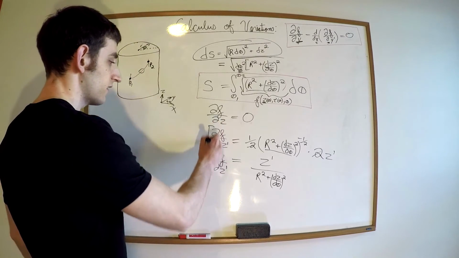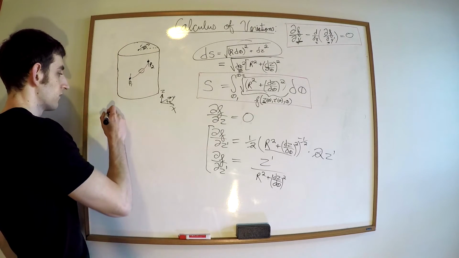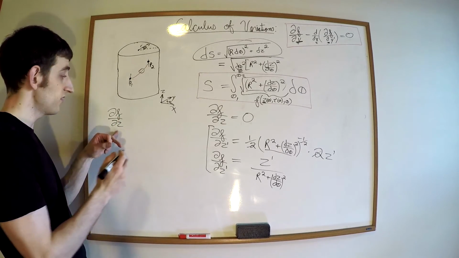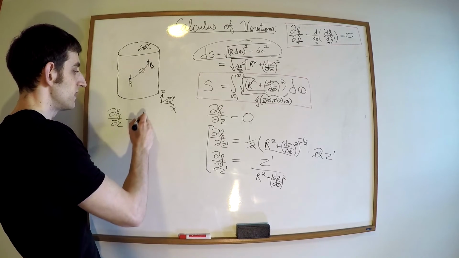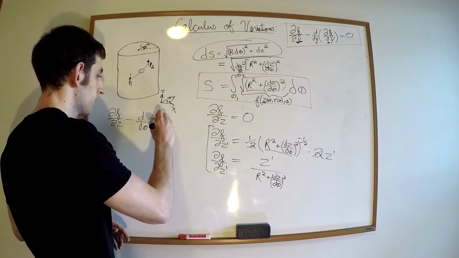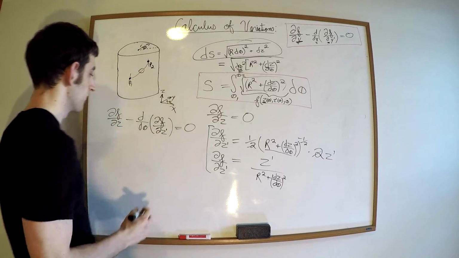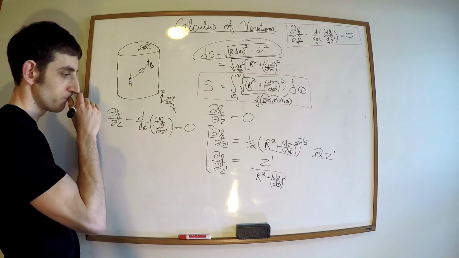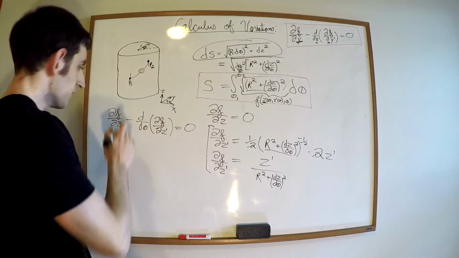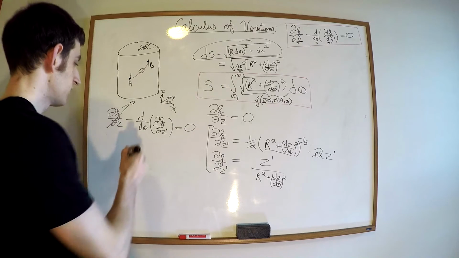We're going to plug these into this here. So df/dz, I guess I'll write it out. df/dz, basically the function of the path we're considering, minus d/dθ, where θ is the independent variable used to define the path, of df/dz' equals 0. We see here that df/dz is 0, so this term becomes 0. So we end up with